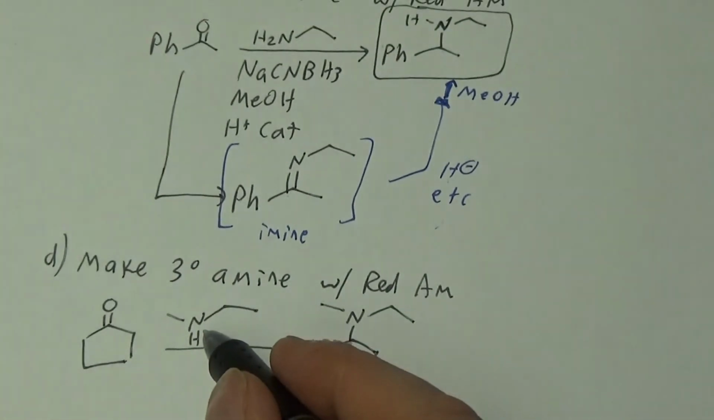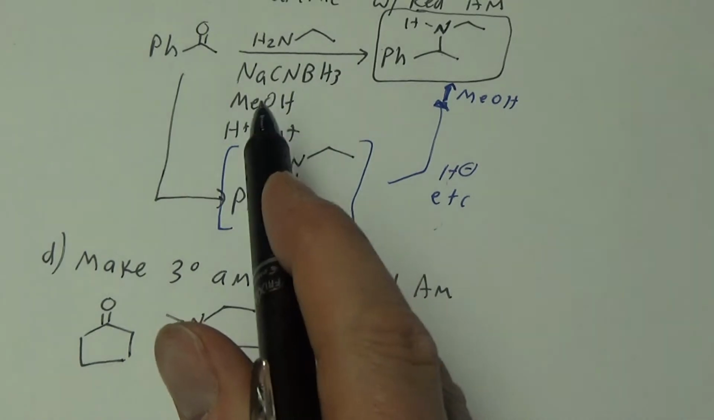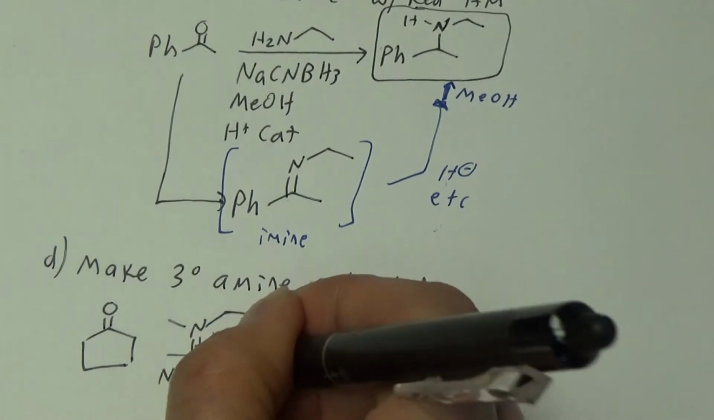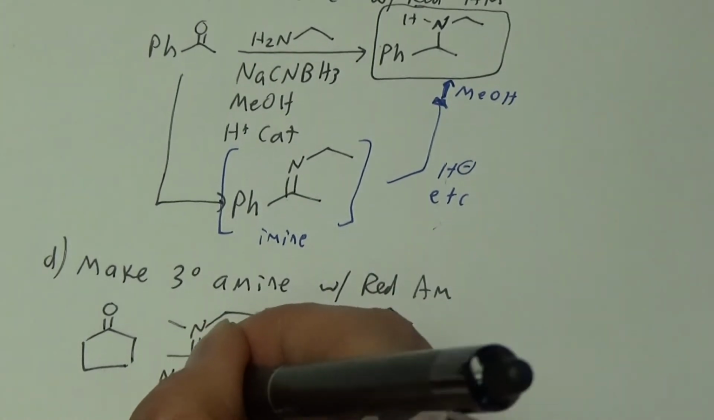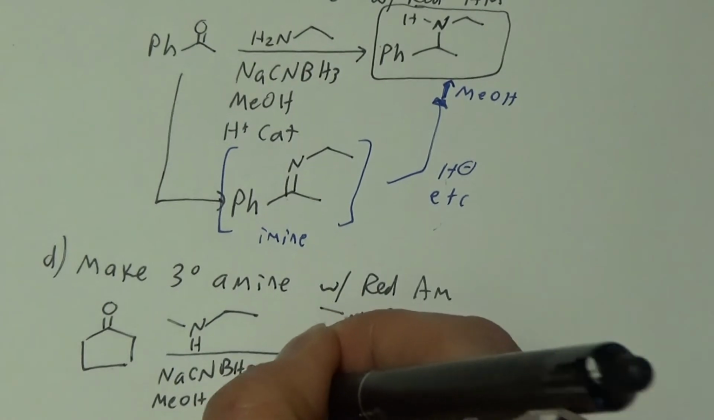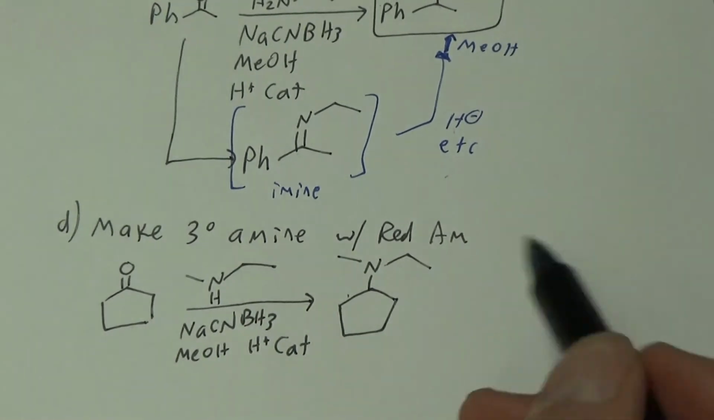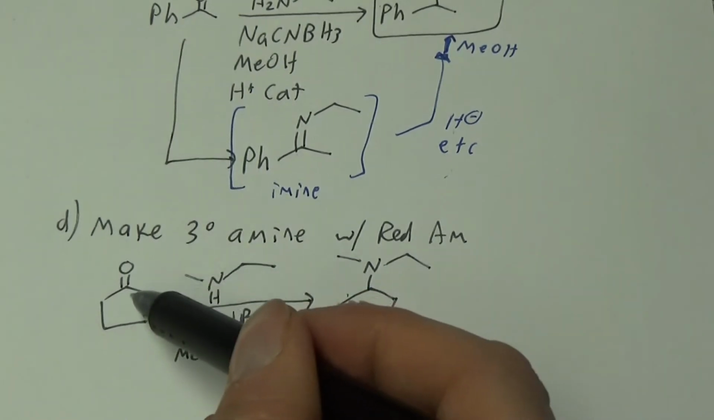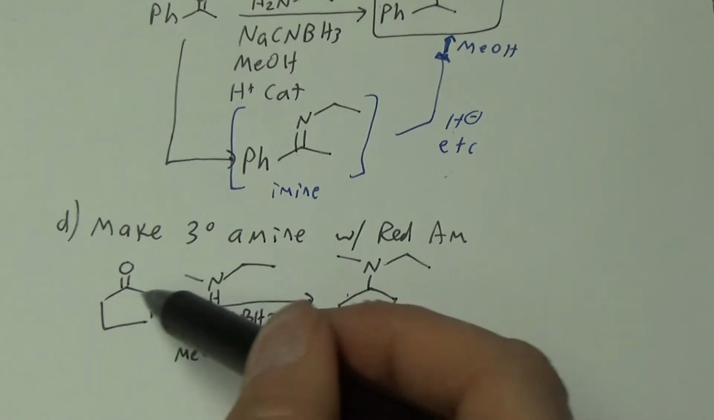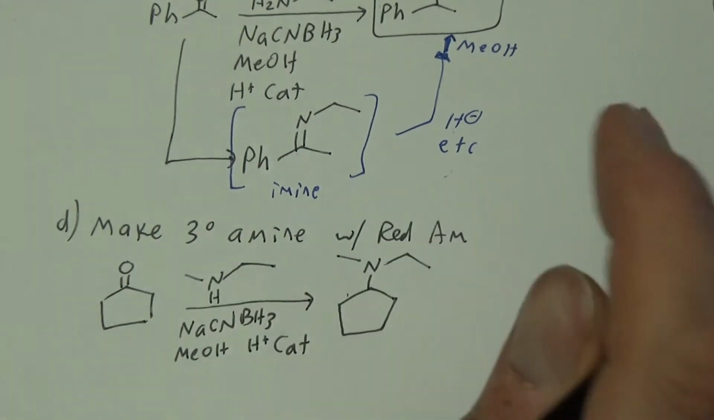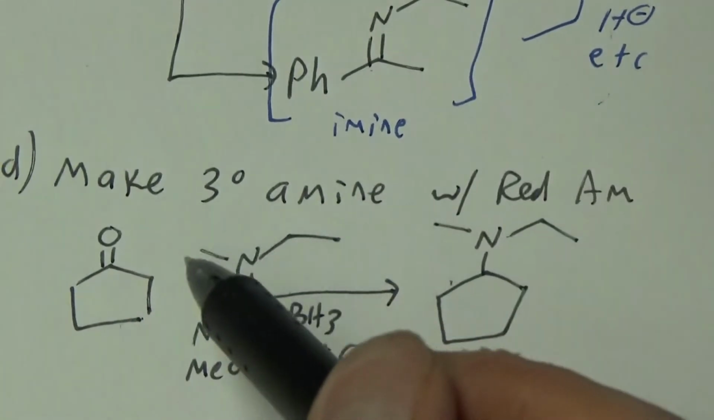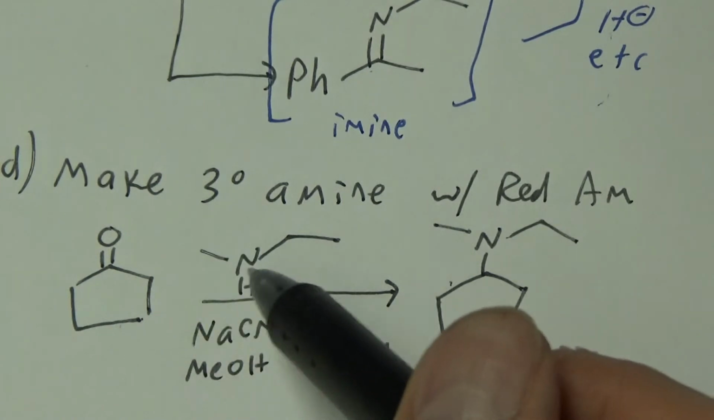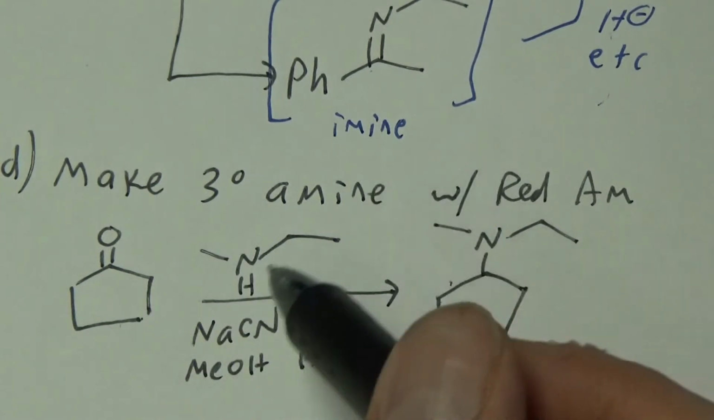So there's a secondary amine in, tertiary amine out. Same remaining steps, NaCN-BH3, methanol, H plus cat, or low pH. But the thing is that when the secondary amine reacts with a ketone, you might remember from chapter 17 that secondary amines would usually make something called an enamine, but it first makes something called an iminium, and we're going to make the